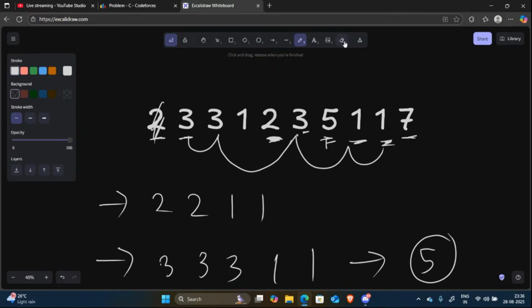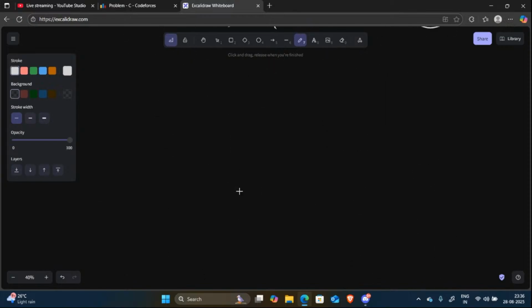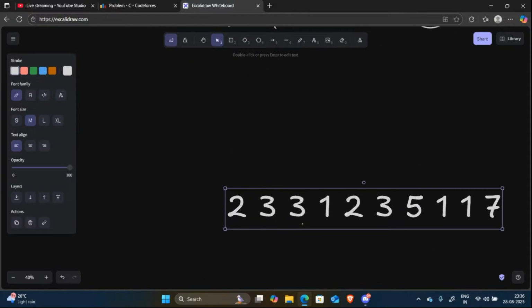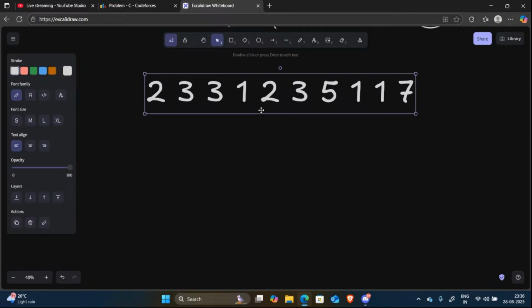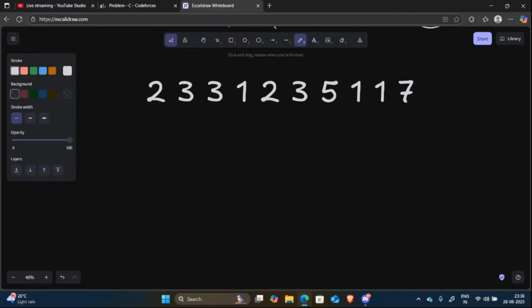So one thing we can notice in this problem is that we only have 2 options. We can either pick an element or we can not pick it, which gives us the intuition to perform dynamic programming on this. So I'll just draw this array again. Yeah. So how would the dynamic programming work? Let's say we pick this element here. So till this element, what is the size of the